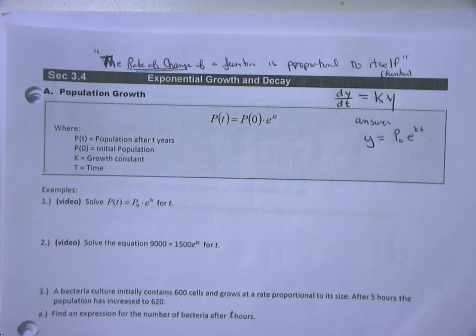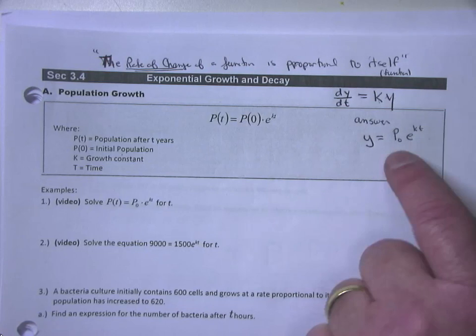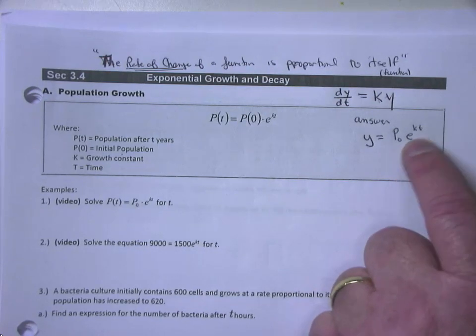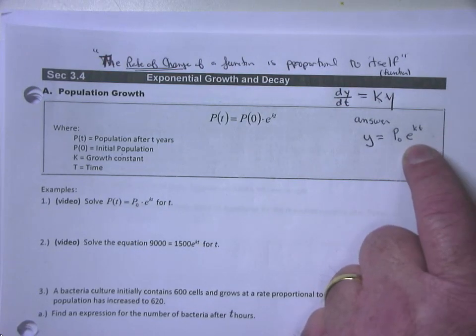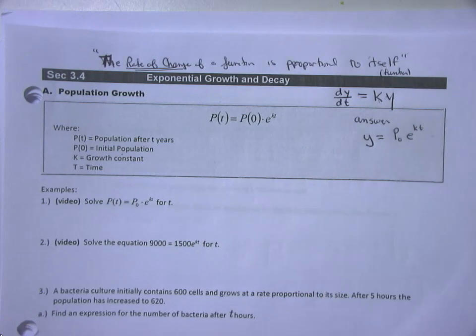So anytime they tell you in a problem that the rate of change of the function is proportional to itself, you know that you're going to be using the famous Pe to the kt. You would probably recognize this better from your high school class as the original Pert formula, A equals Pert, from exponential growth, compounded continuous functions, and things like that. It's based upon this. It's actually the solution to a differential equation. So,